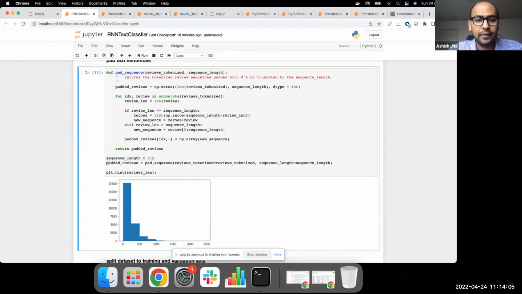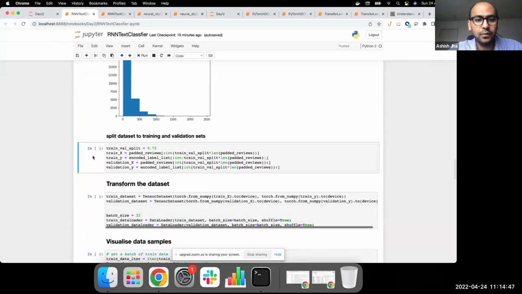And then what I do is I apply this function of padding the reviews. What happens inside this function is essentially you need to know two things. If the actual review length is less than 512, we append zeros to the front of the review. So zero is a wildcard number, it's just a padding integer. And if the review length is greater than 512, then we clip our review up until the 512th word. So those are the two things we do inside this function essentially. What happens because of this is now our dataset is standardized for all reviews with a length of 512.